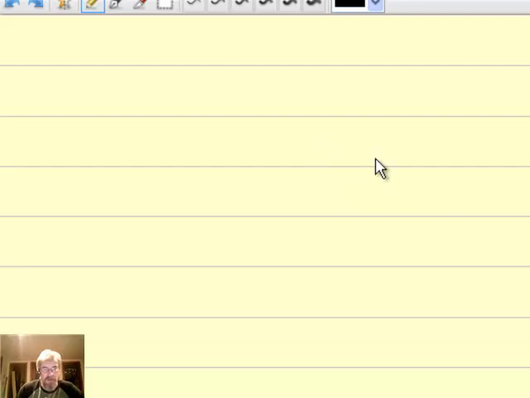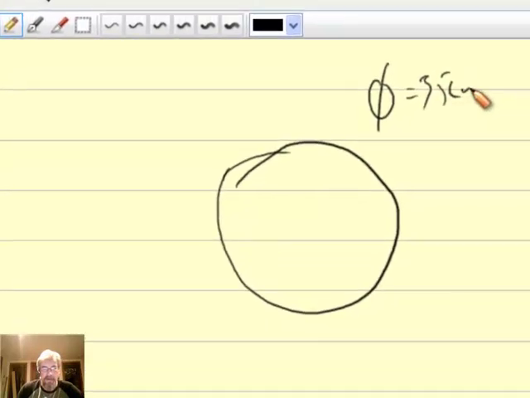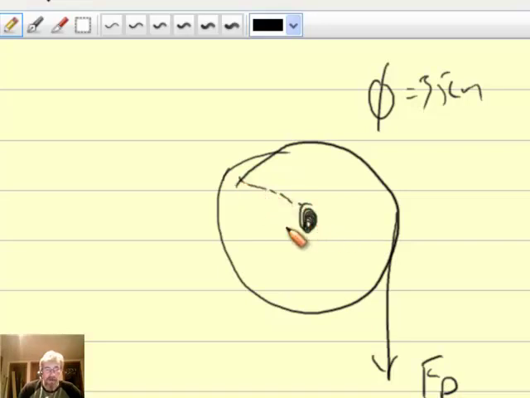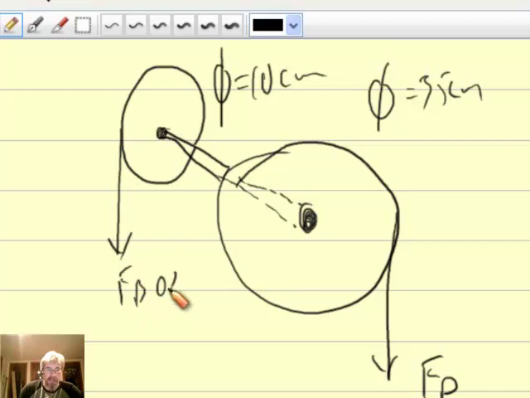I'm going to attempt to represent this with a little sketch. I've got one pulley here that's got a diameter of 35 centimeters, and there's a person pulling on this, FP, I'll call that. And there's a shaft attached here at the center of this thing. That's the pivot point for this. And that shaft goes all the way over to another pulley that's smaller. So here's this other pulley attached to the same shaft, and this has got a diameter of 10 centimeters,